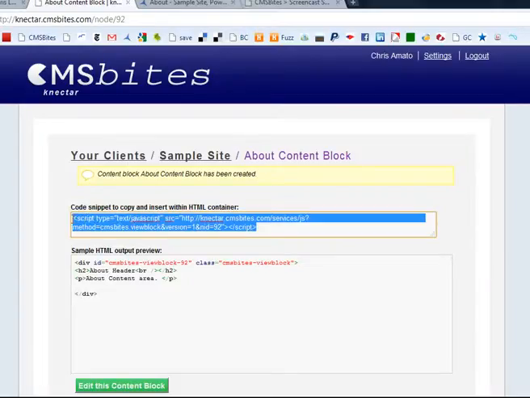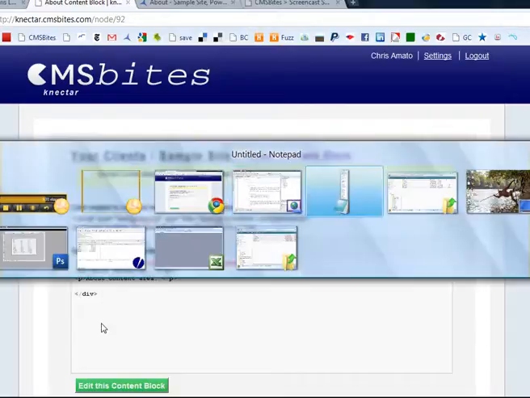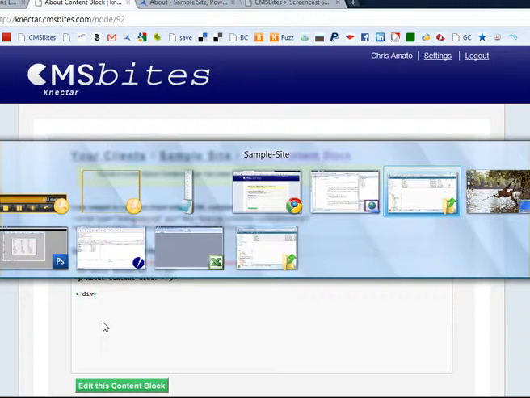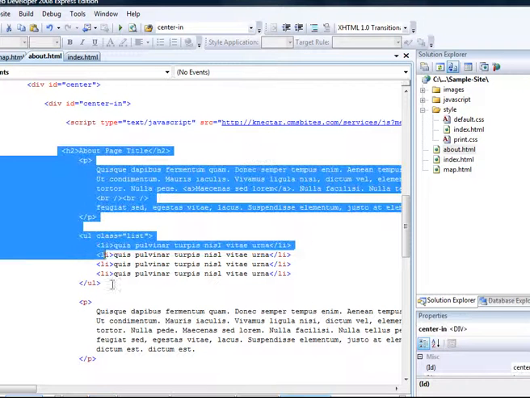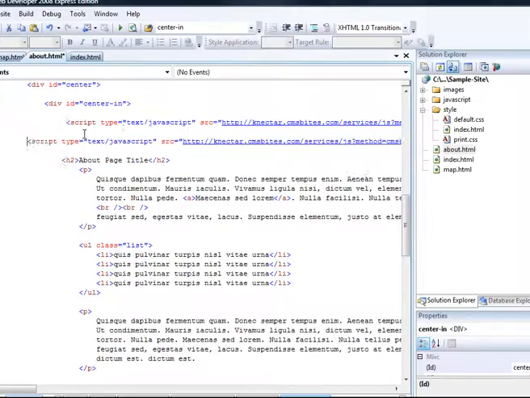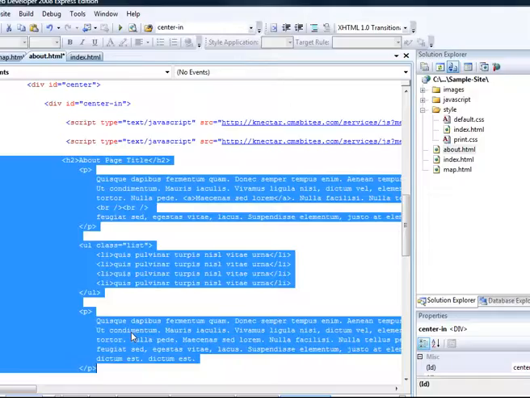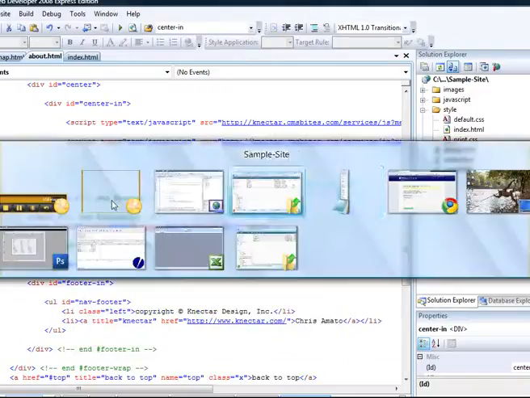And you'll see as soon as you save, you're brought straight to this code snippet screen. Much like AdSense or PayPal, you would just copy this code, and this is a sample output of your HTML preview. We'll look at that again, but basically now you'll go back to here, and you actually just, well, we can do this a couple ways. Let's just pop the snippet in here, indent it. And since we know this is just for starters, we can get our client started with some of this content. It's just lorem ipsum anyway, but just cut that, save this file,